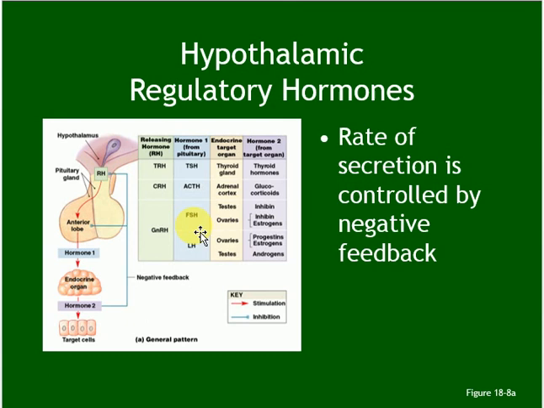FSH is produced from the pituitary gland in response to gonadotropin releasing hormone coming from the hypothalamus. So the pituitary will respond by secreting FSH, follicle-stimulating hormone. It will go to the testes in males and ovaries in females. In males, the testes will respond by secreting inhibin, and inhibin is an inhibitory hormone. In females, FSH goes to the ovaries, and the ovaries will also respond by secreting inhibin, but plus